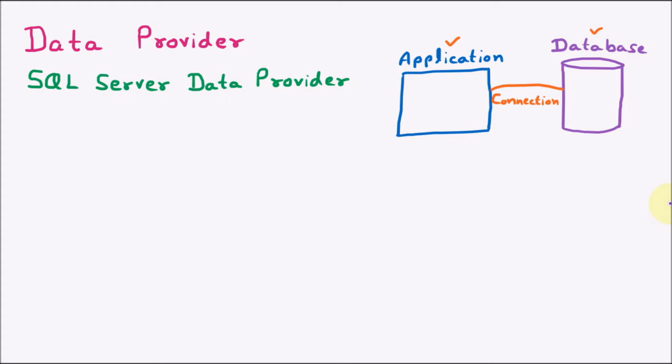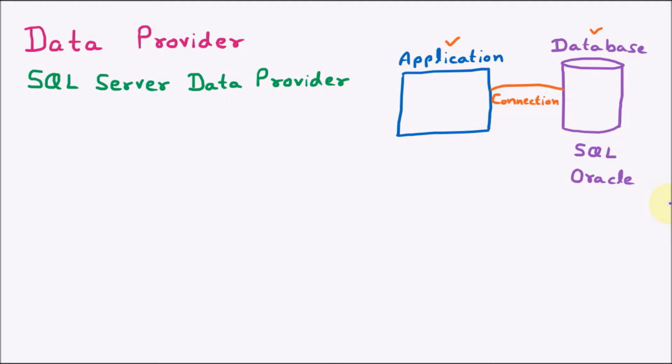We know that there are multiple types of databases which are present, just like SQL, Oracle, and many more. So now these are the different types of databases. To connect with these databases, we need separate connections. Just like, let's say we are having the SQL, so for that, we need a connection with the SQL. For the Oracle, we need a connection with the Oracle. So data providers are the provider which helps us to connect with different types of databases.